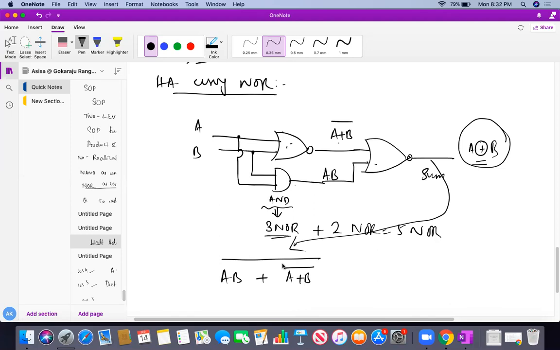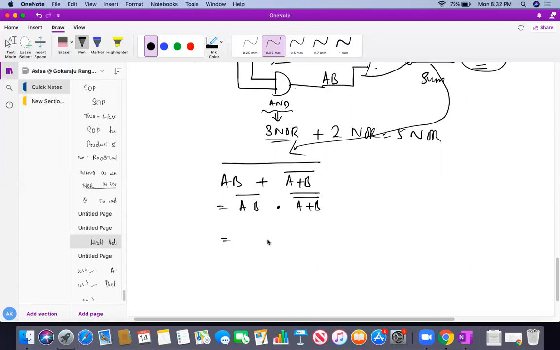Am I correct? So here what we can do. A or B bar, I can express it in this way, AB bar and A or B whole bar's bar. Can I write down this way? So which will give me finally A bar or B bar. Here I can get from this, and here I can get just A or B. So finally, if you solve it up, you will get in this way, A bar, B bar. If you just apply the distributive law and all, it will come up.